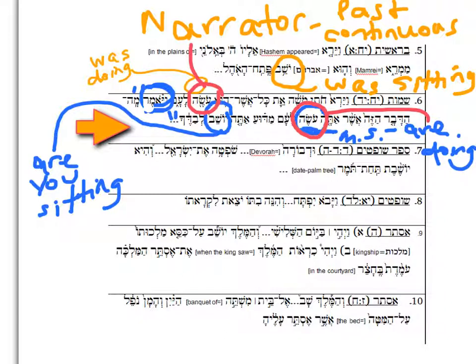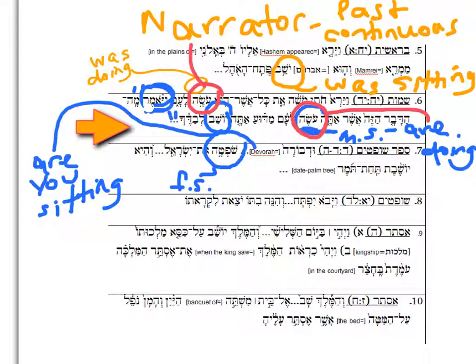Okay, look at number 7. Okay, so we have Devora. Udevora shofta et Yisrael, v'hi yoshevet tachat tomer. Okay, so Devora shofta. Now, shofta is a tricky one. Shofta is that old biblical Hebrew for feminine singular participle. Usually I'm going to see like shofetet, yoshevet, right? Here I have shofta. That's that old biblical Hebrew.